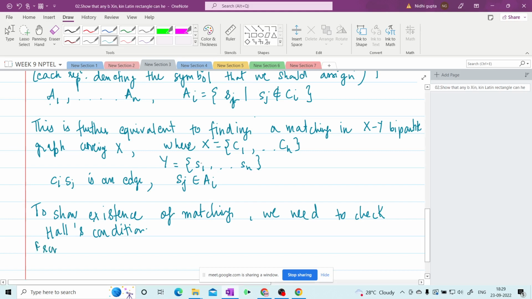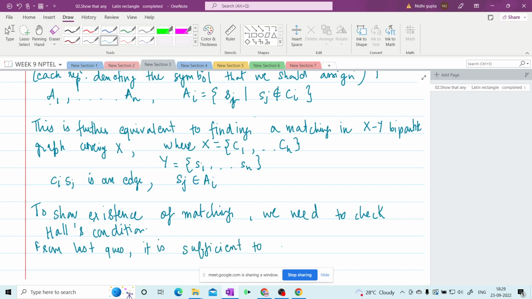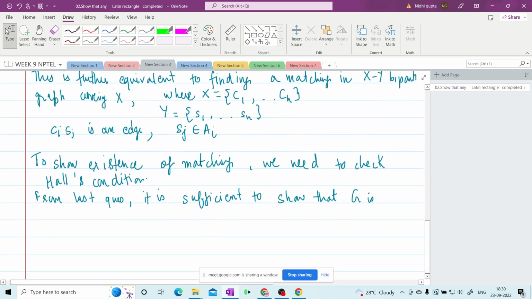From the last question, it is sufficient to show that G is regular. And is it so? If we want to compute the degree of each Ci, Ci is connected to basically